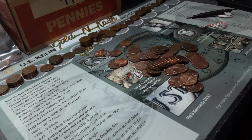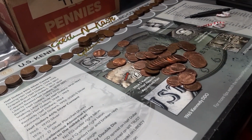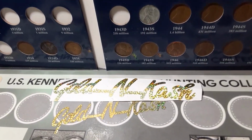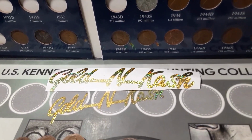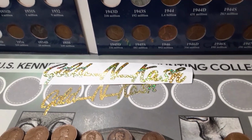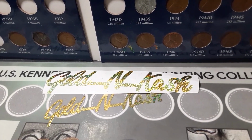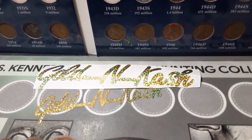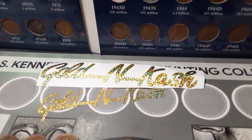All right, bring you in for the wrap-up of box number 2. And that is the end of this Hunt and Fill series, boxes number 42 and 43. Wow. These last 2 hunts, we have actually tore them up. And I'll give you a total from this hunt and the previous hunt,